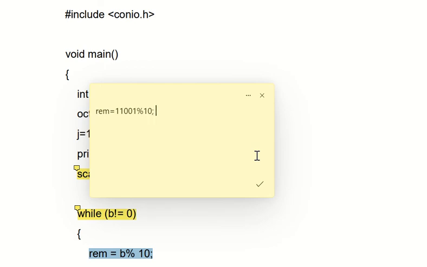So at this point, if you divide your given number by 10, what output will you get? Anyone has any idea? For example, if I write 11001 and divide that number by 10, we will get the remainder 1.